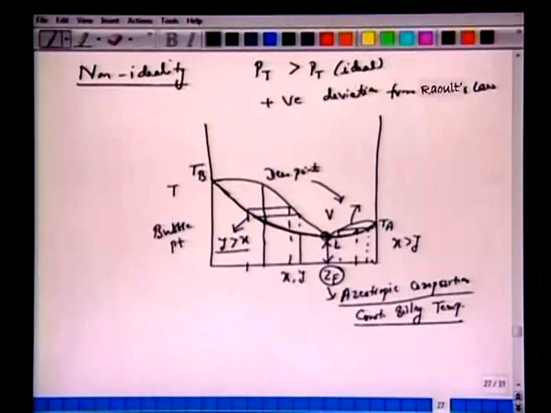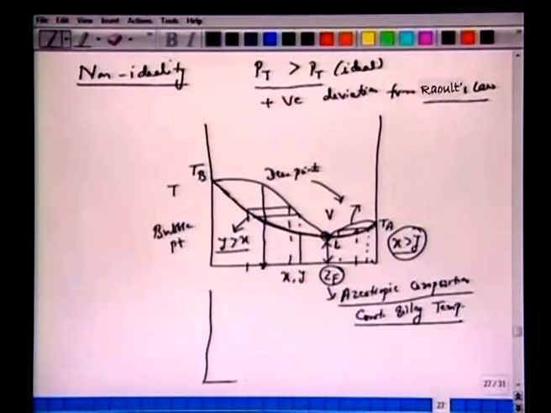Okay, so only in this region, as long as the feed composition is smaller than Z_F, we have vapor enriched in A, richer than your feed composition, and the liquid is leaner in A and richer in B. On the other hand, if the feed composition is greater than azeotropic composition, then we just have the reverse conditions. x is greater than y, A is richer in the liquid phase rather than in the vapor phase. It's a non-ideality situation. It arises because the total pressure exerted by such a component is greater than what is predicted by this Raoult's law.